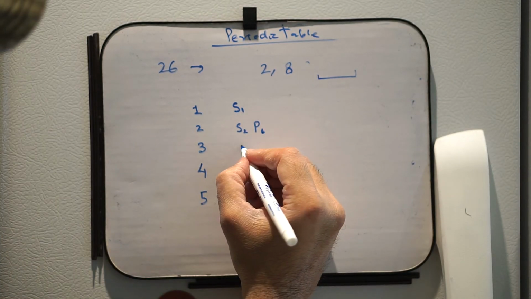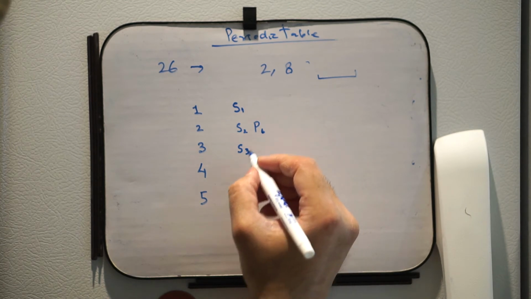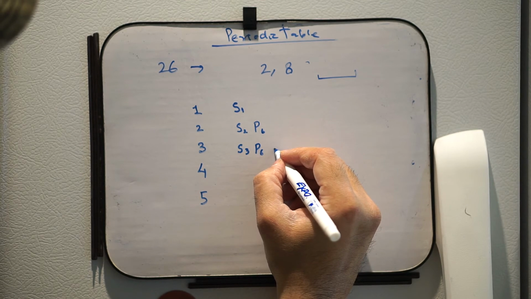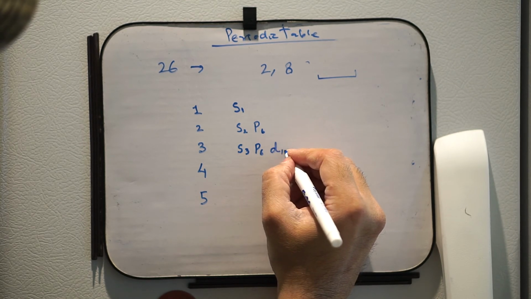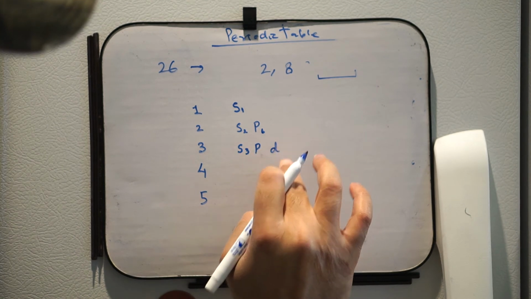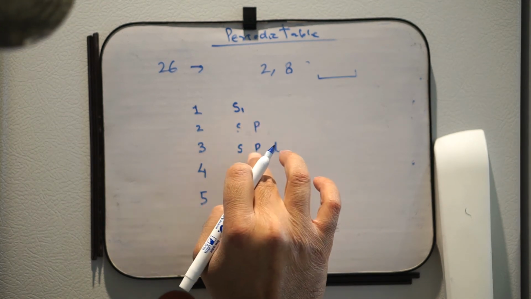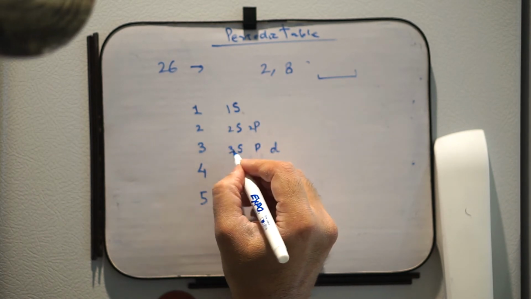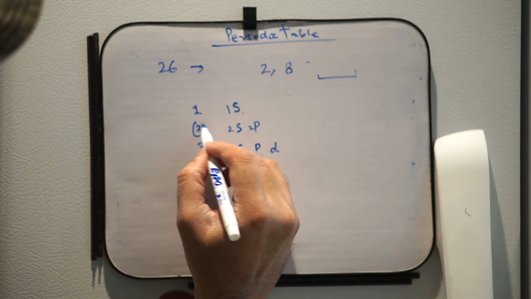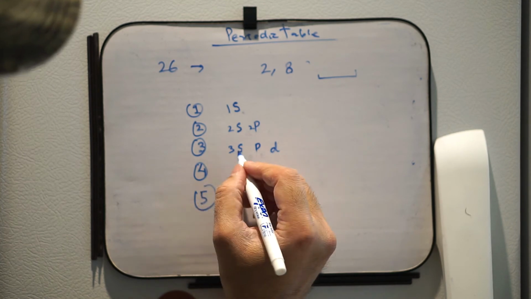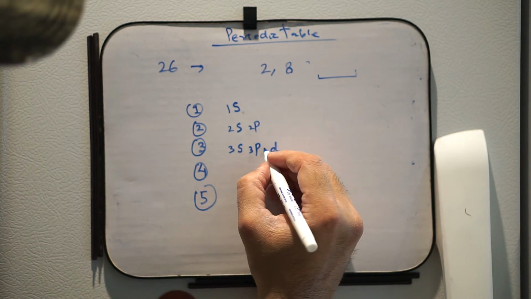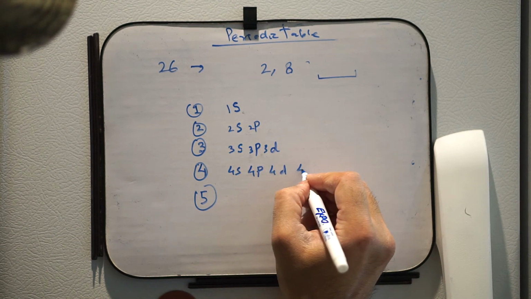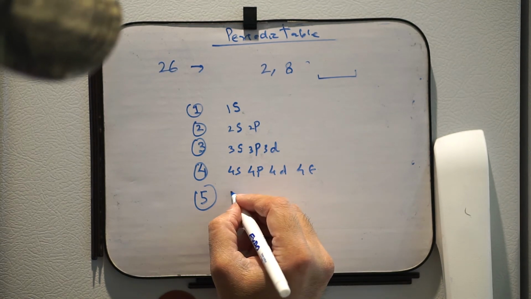The third one is going to have an s orbital, a p orbital, and a d orbital. Okay, so instead of telling how many electrons are in it, we're just going to call them something like 1s, 2s, 2p, 3s. The number corresponds to the shell: 1, 2, 3, 4, 5. So just so we can remember what we're doing here. So 4s, 4p, 4d, 4f, and so forth. Okay, 5s,